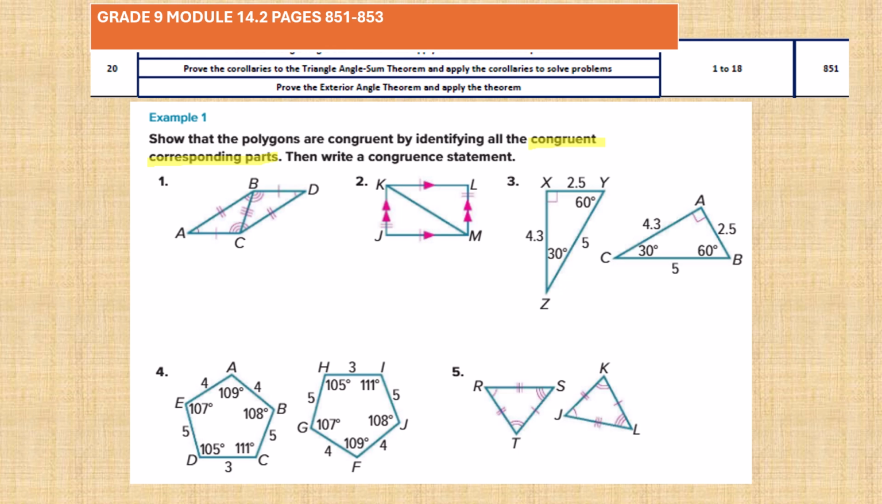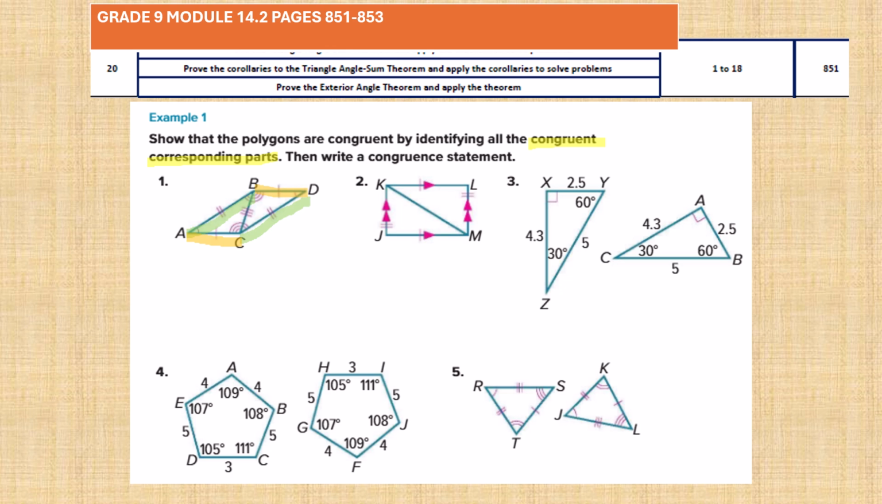So you're going to look at which side matches with the other side. If we look at the first one, AB is matching with CD. So that's your one side matching with the second side. Let's look at the other one. We have one marking here. So AC will match with BD. And our third one,